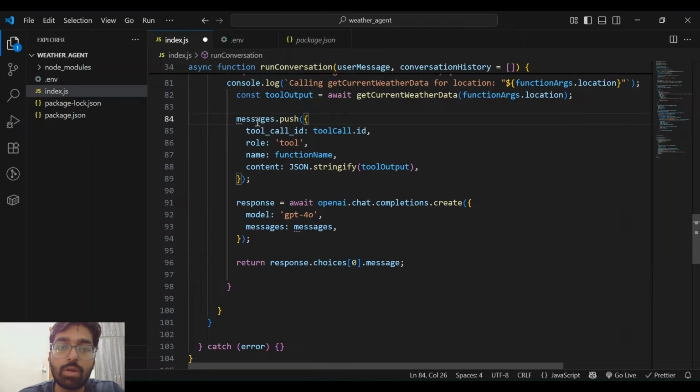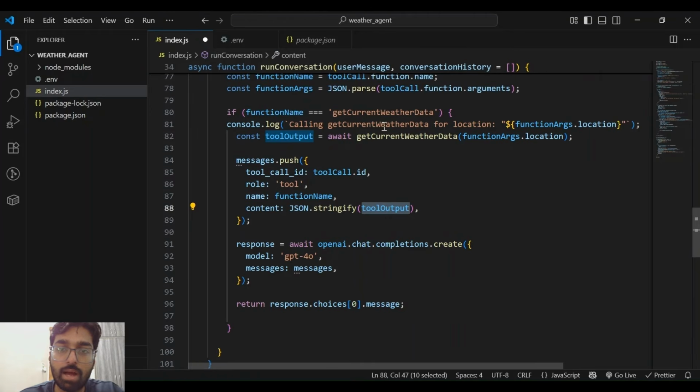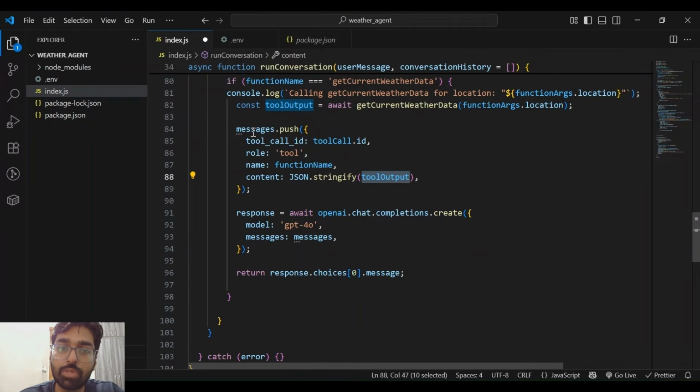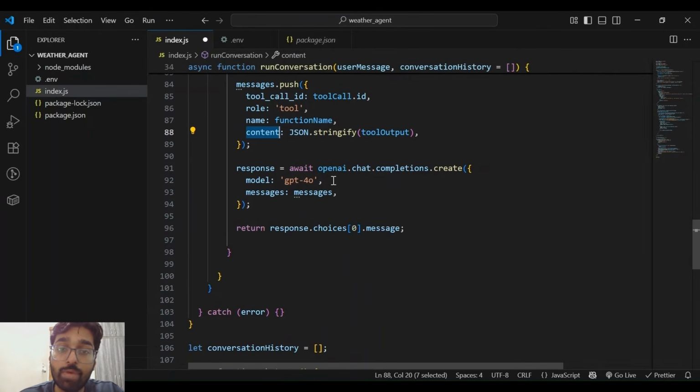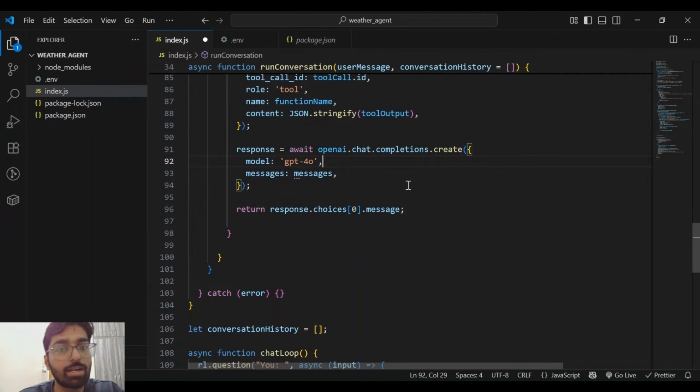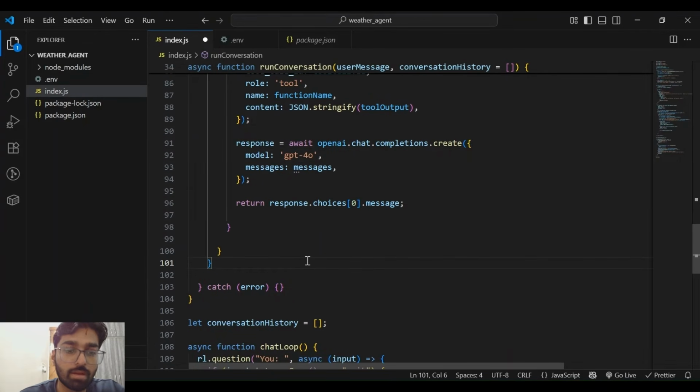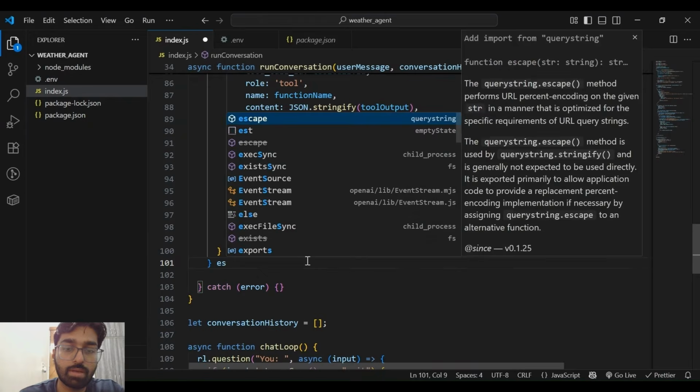Now again, we got some response, right? This time we got the output from our API, so we are simply pushing the tool call ID, the tool role, the function name and the content. And now we are passing this message to OpenAI so that OpenAI can complete the message and finally send the full message to the user. Return response.choices.message. Now here what we can do, else